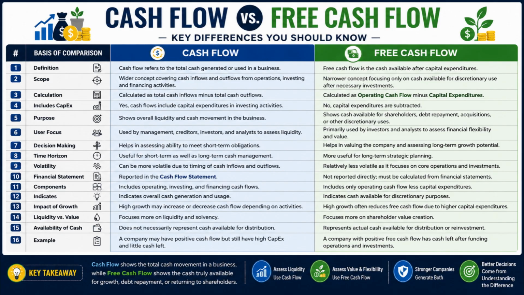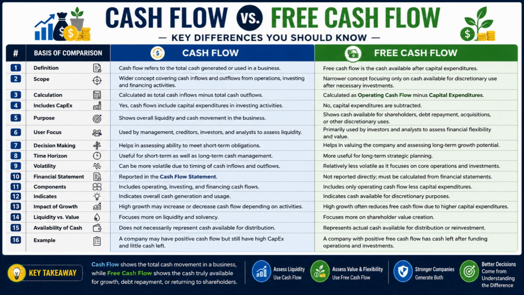after investments. Number 4. Cash flow is calculated by total cash inflows minus cash outflows, whereas free cash flow is calculated as operating cash flow minus capital expenditures. Number 5. Cash flow includes spending on fixed assets and investments, whereas free cash flow subtracts those expenditures to show leftover cash. Number 6. Cash flow helps measure overall liquidity of a business, whereas free cash flow helps measure financial